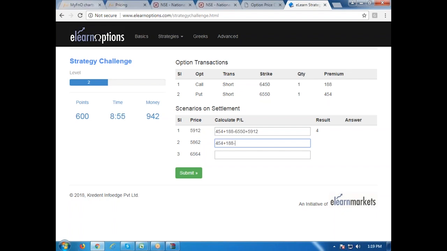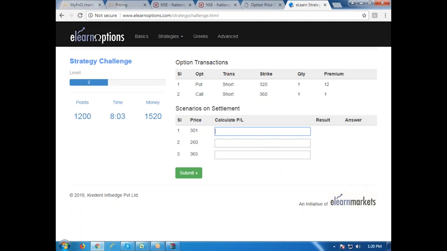454 plus 188 minus 6550 plus 5862. 454 plus 188 minus 650, नहीं ये तो पूरा एक्सपायर हो जाएगा. कॉल 6450 का शॉर्ट किया ना, माइनस 64 प्लस 6450. शॉर्ट नहीं, माइनस, प्लस. अच्छा शॉर्ट है मेरा, प्लस, माइनस. 100 रुपये लगेंगे ना. हाँ,